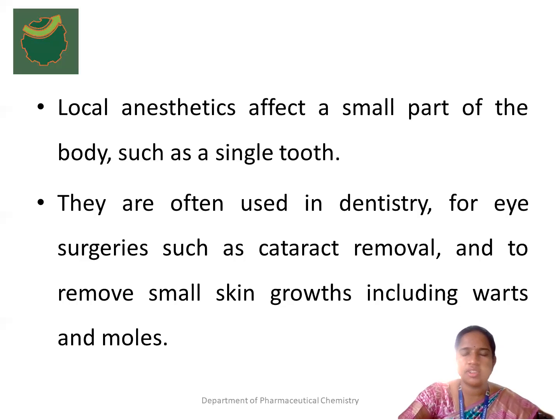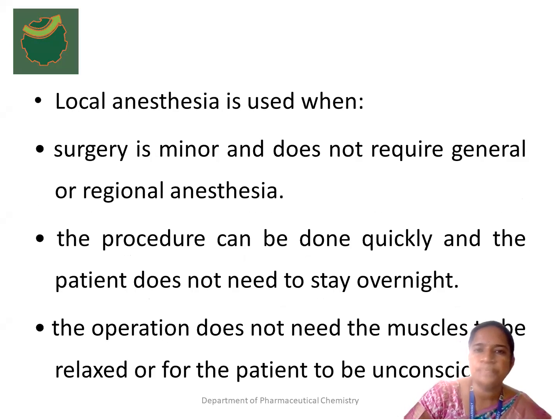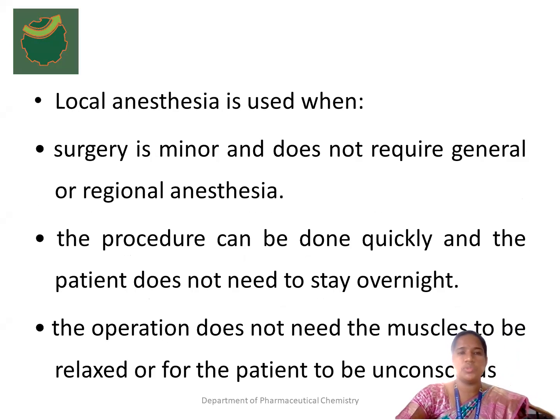So this is the introduction of the types of anesthetics and anesthesia. Now going into detail on the local anesthetics. First we will discuss when we will be using local anesthetics. These are mainly used in minor surgeries, right? Here the patient will not become unconscious. Only that part of the area becomes numb. That's all. It loses sensation, but the patient will be conscious.